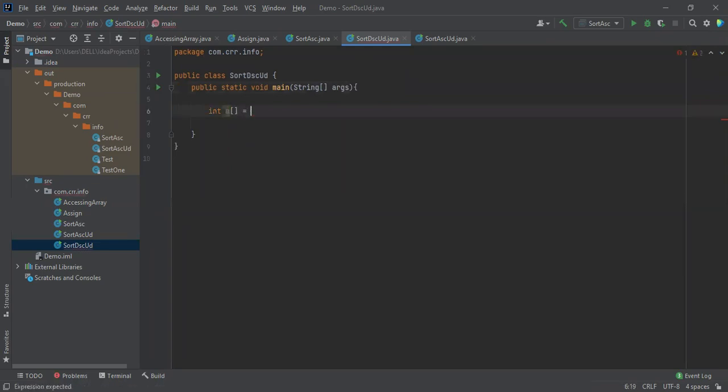The array is equal to, let me take 2, 3, 4, 5, 6, so that we will get 5, 4, 3, 2, 1. Let me copy this, it will take more time.